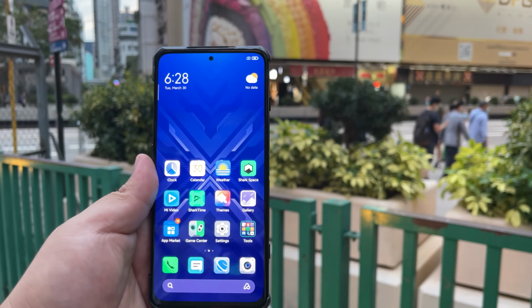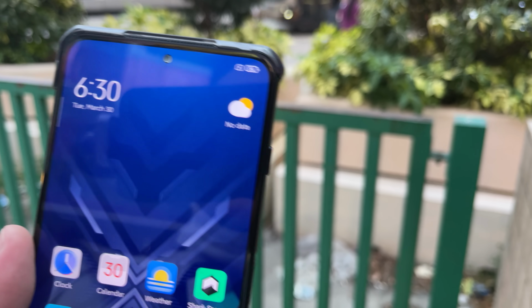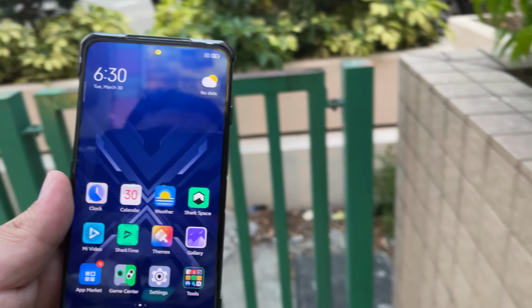But either way, guys, this device is pretty awesome. I can already tell it's one of the more modern looking Black Shark devices, no longer having these big bezels for the speakers, and a big part obviously is that tiny little punch hole here. And that's what I wanted to do now, is share with you guys just a little bit of a comparison here. And let's go ahead and turn on the